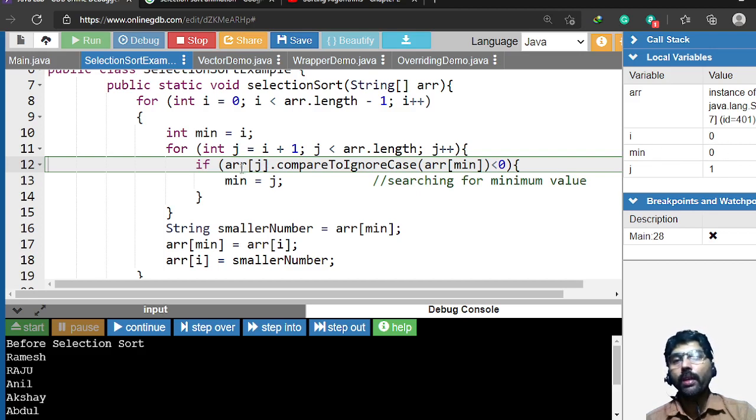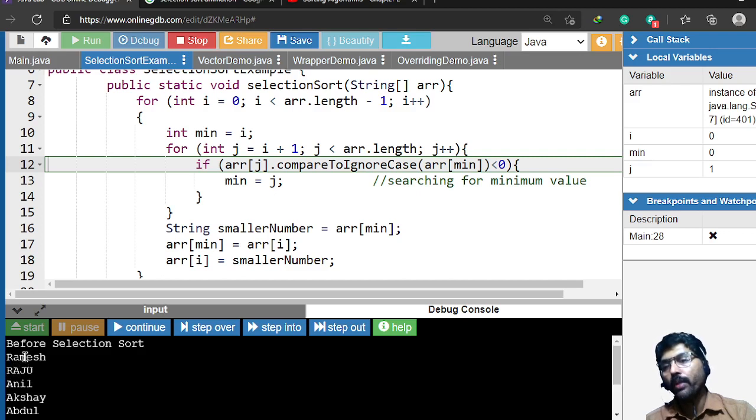Now see here, whenever I am comparing array j is 0 here, array j is nothing but 1 here, means here Raju. The Raju is compared with Ramesh. Ignore case. I am using the ignore case here. So here comparison done R, then A, both are same here.